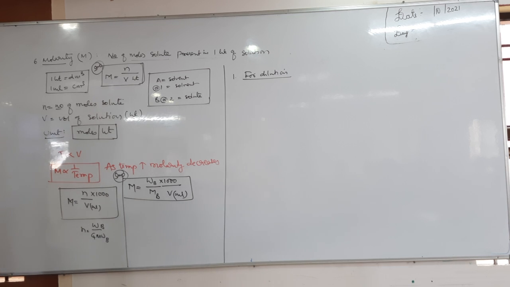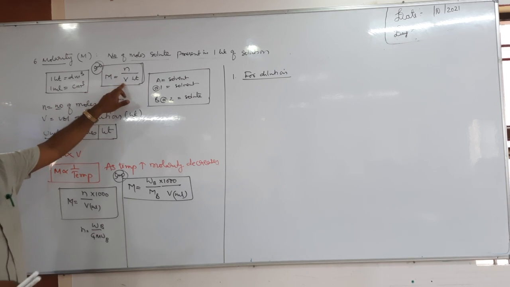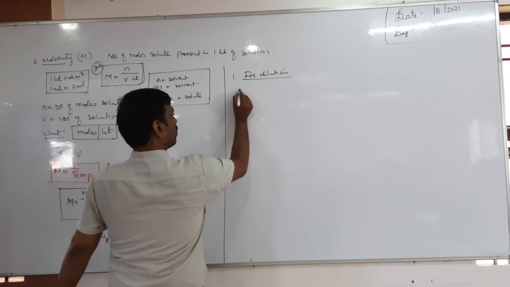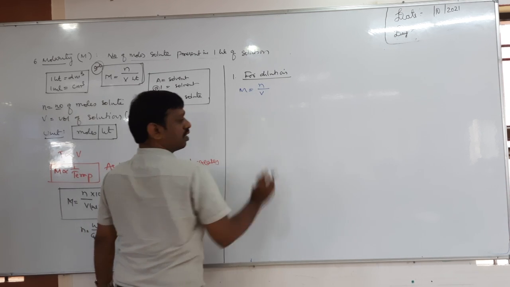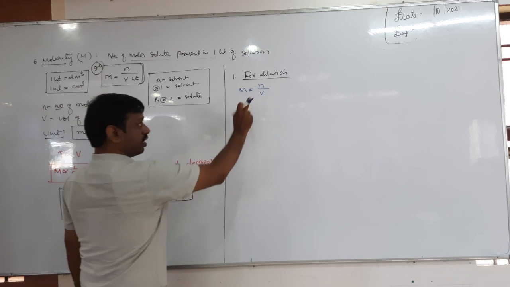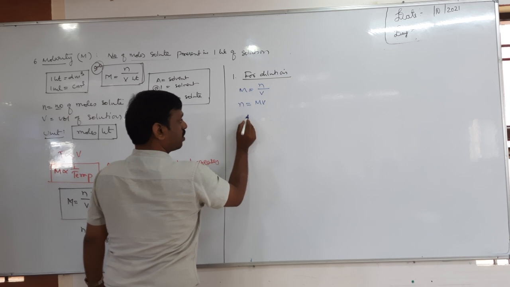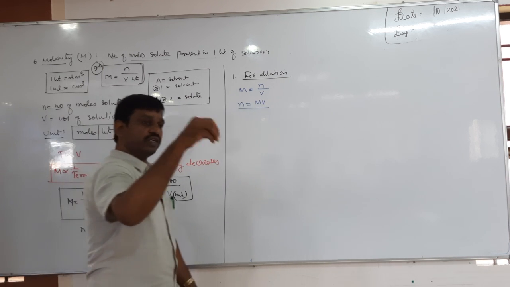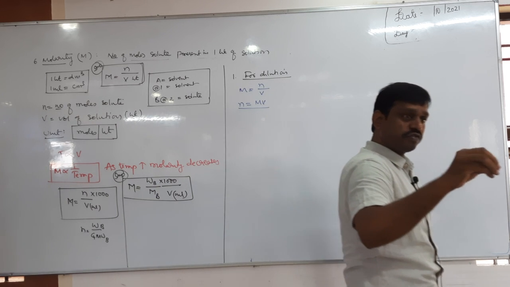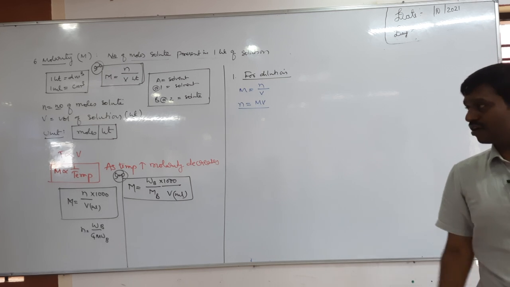Obviously concentration decreases, molarity decreases. Now tell me, molarity equals n by V, right? I'll take the same formula here. Capital M, molarity, equals number of moles of solute divided by volume in liters. Then let us take number of moles of solute equal to capital M into V. Can we write that? Now tell me, when any concentrated solution is diluted, does the number of moles of solute change? Is it changing or not?